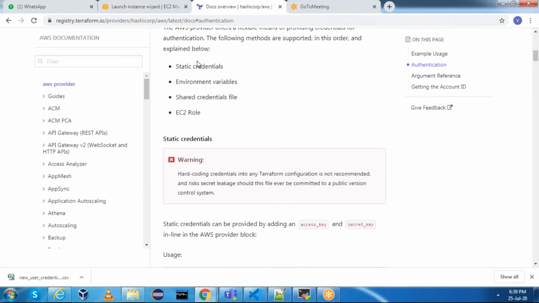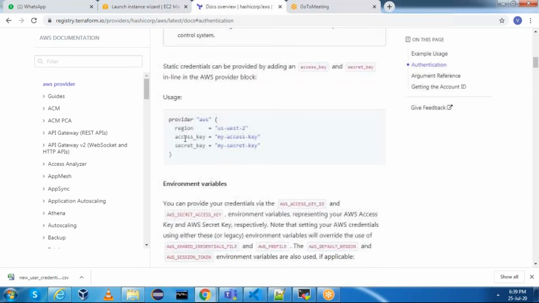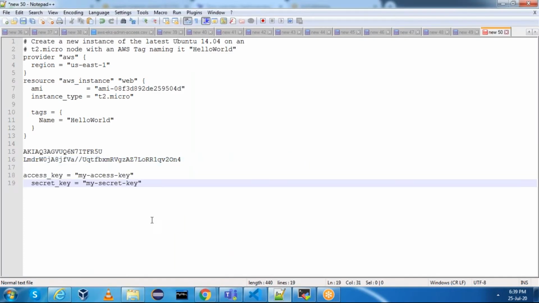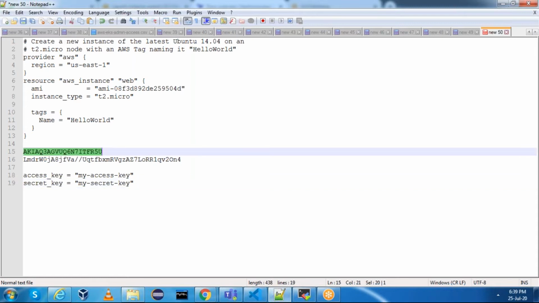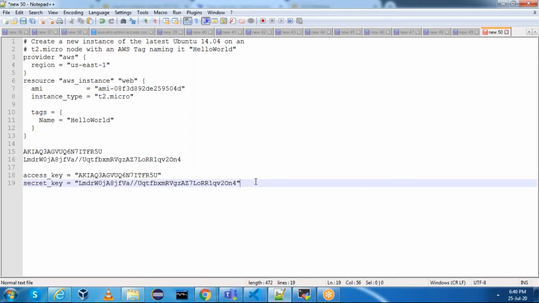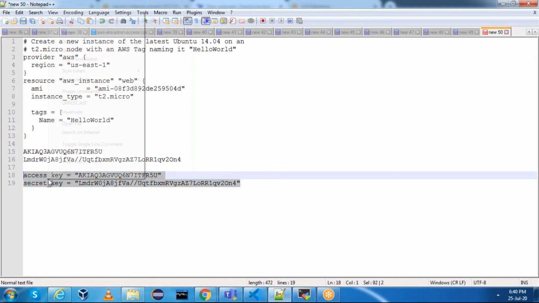Okay, first one is static credentials, and we need to provide access key and secret access key. Copy these two strings. Access key is nothing but this one. Next one is secret access key. This is secret access key, and we need to add these two things in the